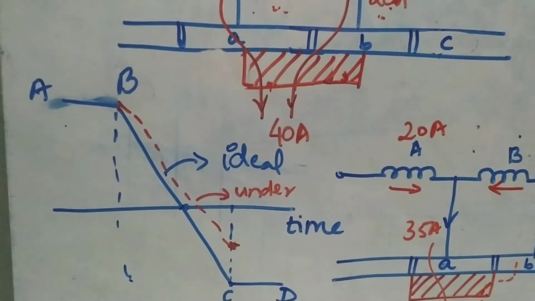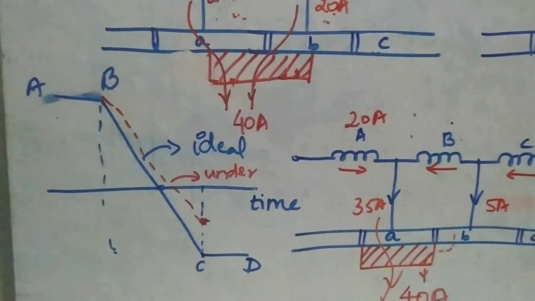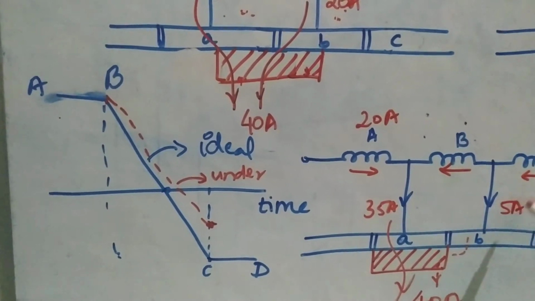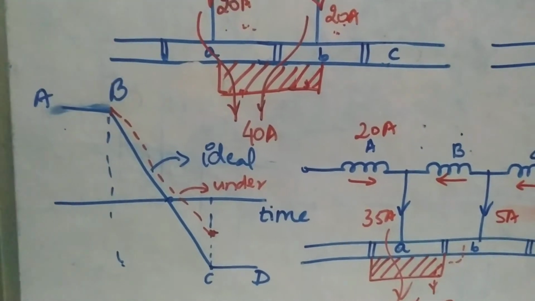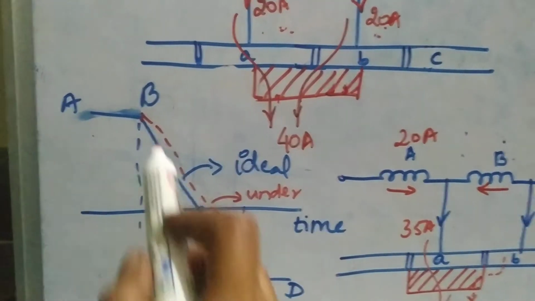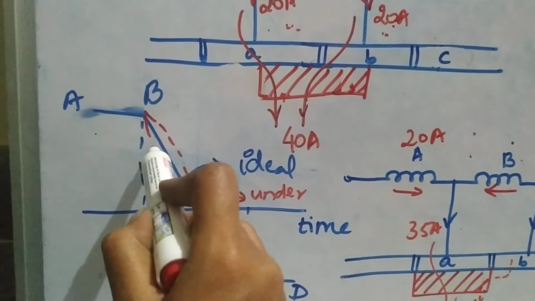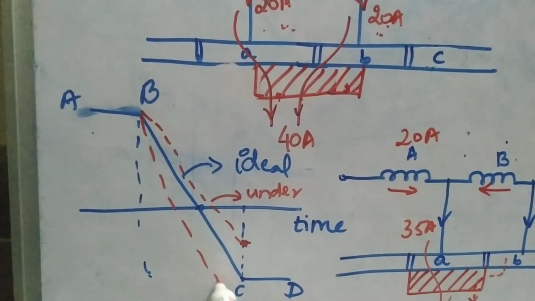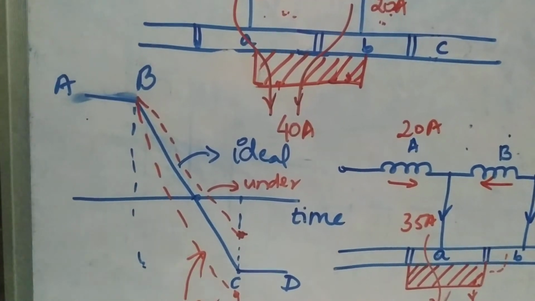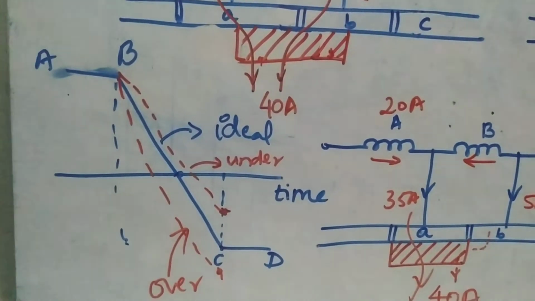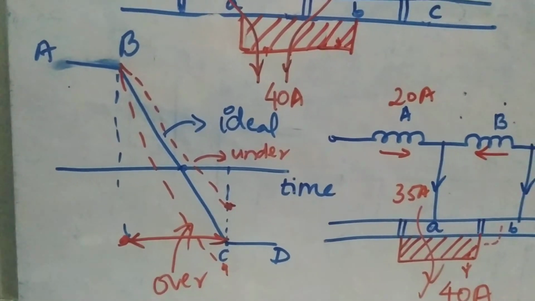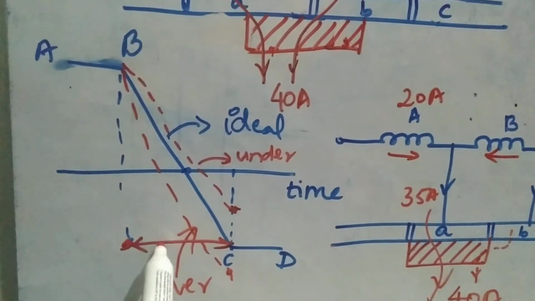Because of the spark initiation, you will find some drop of the current, that is 5 amperes of current. So here you will find a little delay. Otherwise, sometimes the process will take place very fast, so that we call over commutation. So finally, from this period to this period, that is nothing but the time of commutation.